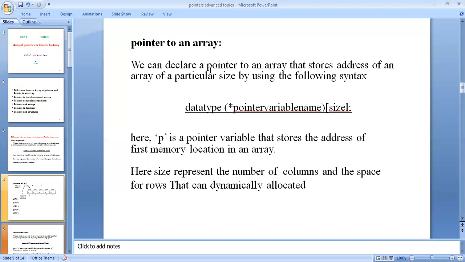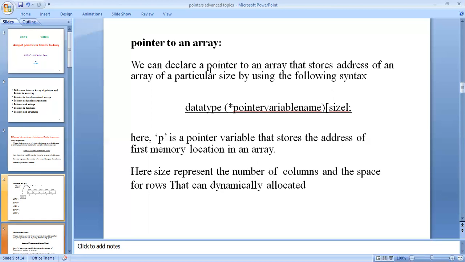Declare it by using the following syntax: data type, asterisk, then asterisk defining the pointer variable name, and size, with a semicolon. Here p is a pointer variable that stores the address of the first memory location in an array. The first element is stored in the first memory location only.